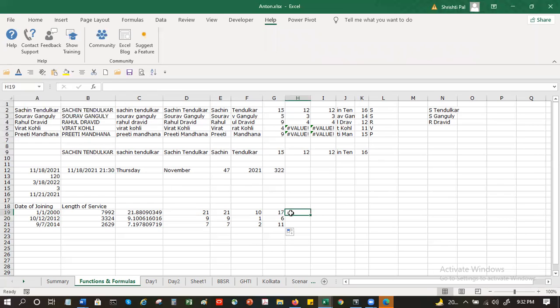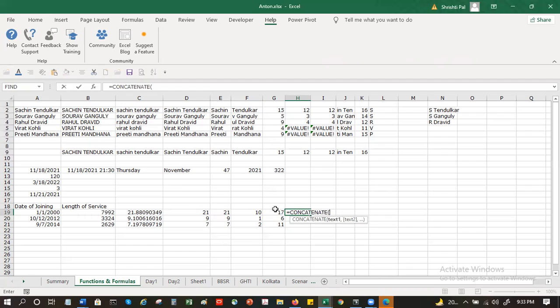So coming back to this, I just wanted to show you, like we did this, 21 years, 10 months, 17 days. What if you want to write it in a complete sentence? What you can do is use a function called CONCATENATE, which basically combines text.